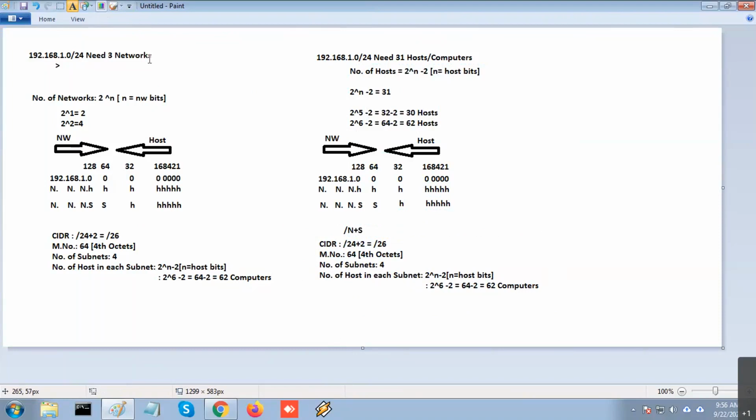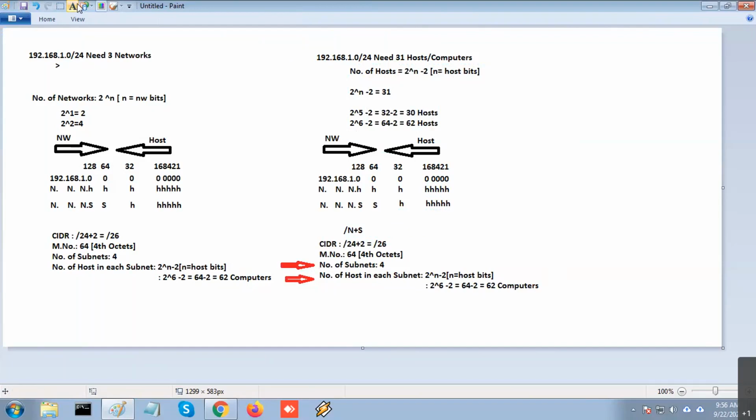See, there are two ways you can ask questions in subnetting, right? One is I want to make sure of the number of subnets, or I want to make sure of the number of hosts. Any one of these you can ask. The customer will say, I'm not worried about the number of hosts, I want to know the number of networks. Now the customer is telling both.